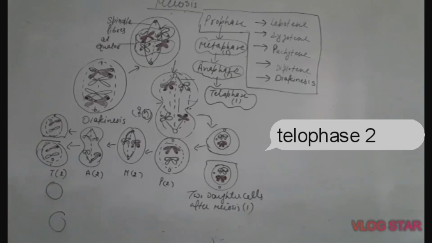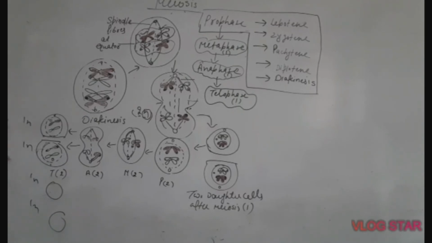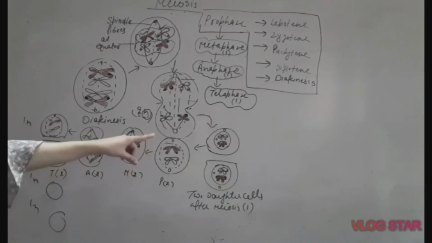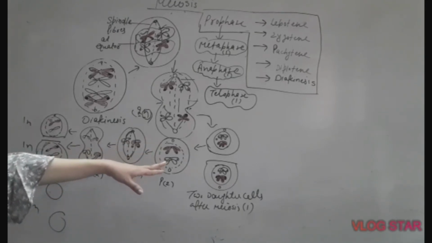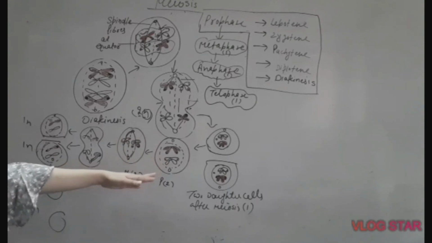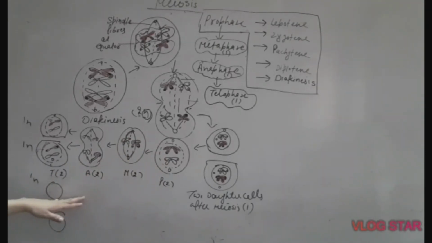So it means 4 haploid cells, each cell is 1, and 4 haploid daughter cells are the final end product of the entire meiosis. In meiosis 2, 4 cells are formed, but in meiosis 1, which is an incomplete division yet, only 2 daughter cells are formed. In meiosis 2, 4 are formed. These all will be haploid. Why so? Because from meiosis 1 to meiosis 2, meiosis 2 is equational division. This is equational division, like each cell has received one chromatid of each type of chromosome.